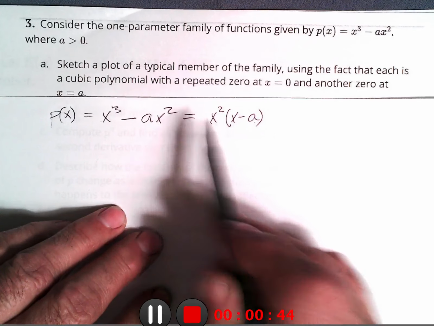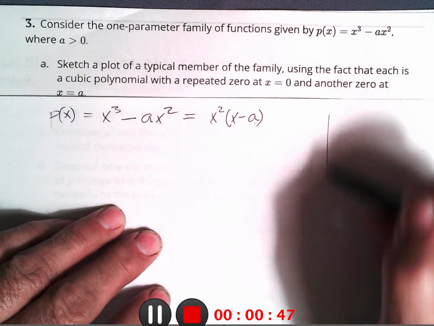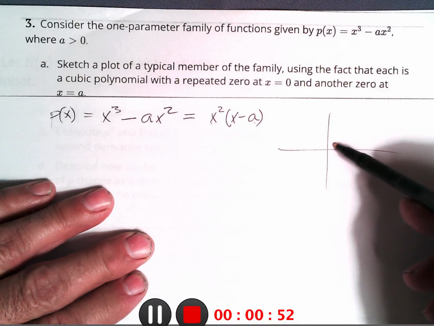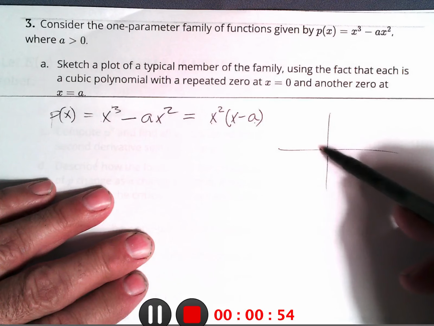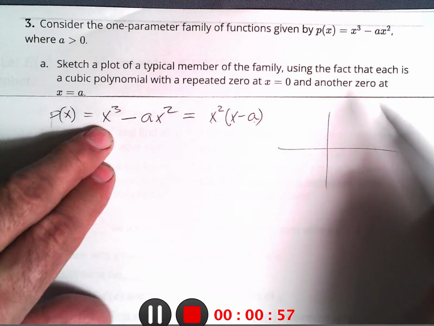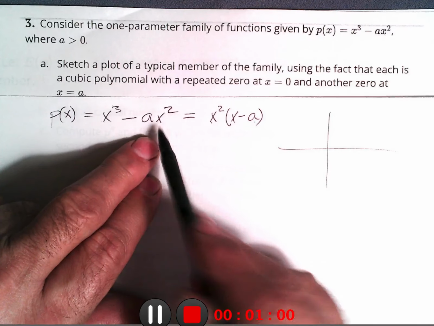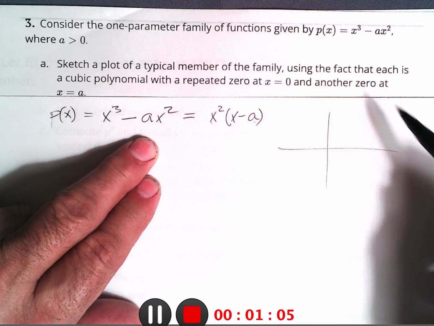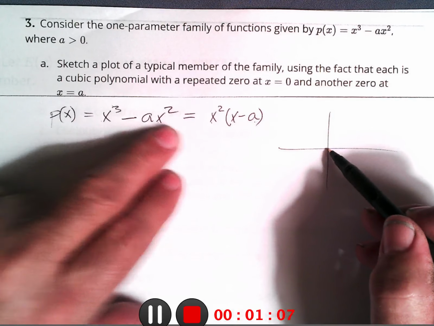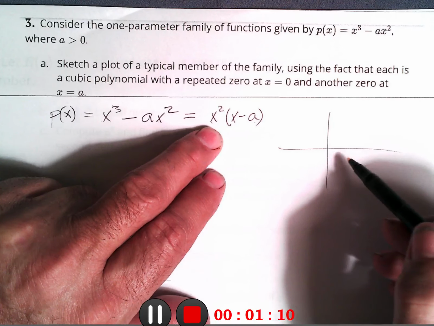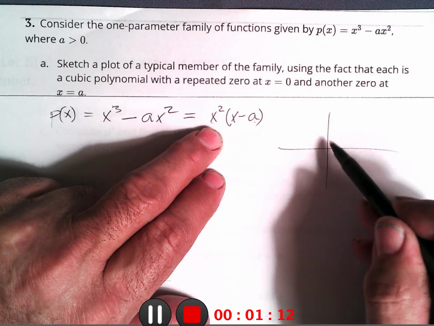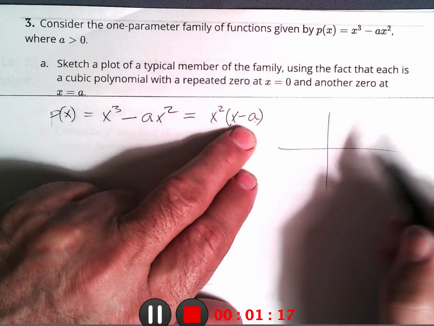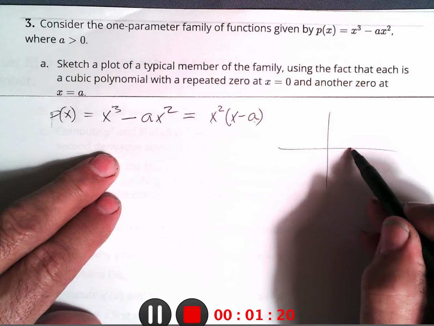Now, just from what we know about x cubed starts down here, goes up, wavers, and then goes on up. And that's with that being a positive. The x squared, negative, is an upside down parabola, so it's pulling it down and taking it back up. And since x squared is a double 0, it actually doesn't cross here, but bounces. So it crosses at a, and so if a is over here, it's got to come,